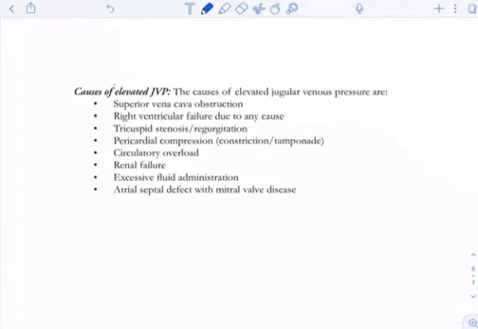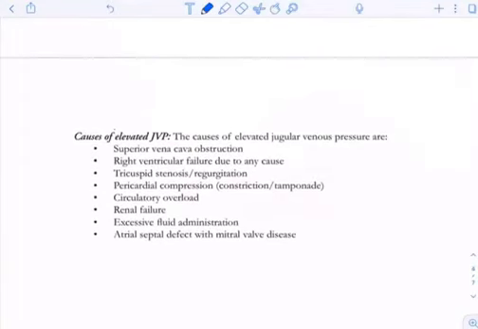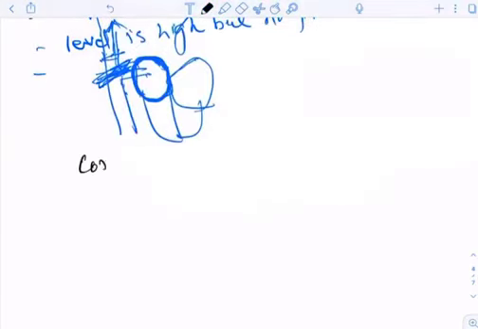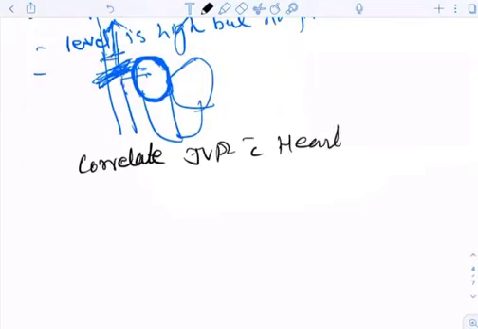So this was the summary of causes of elevated JVP as we see clinically: superior vena cava obstruction, right ventricular failure, tricuspid stenosis, pericardial compression causing constriction or tamponade, renal failure, excessive fluid administration, and ASD. Now, if we correlate the JVP with heart sounds,